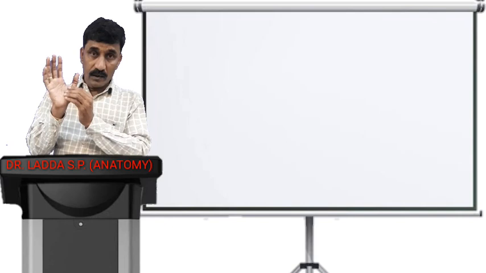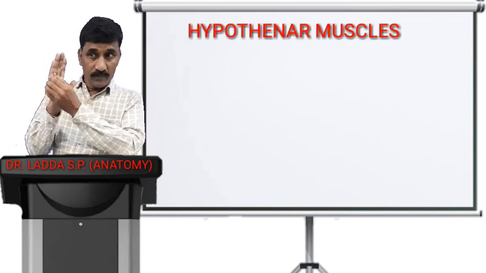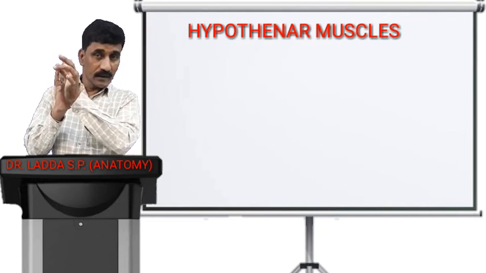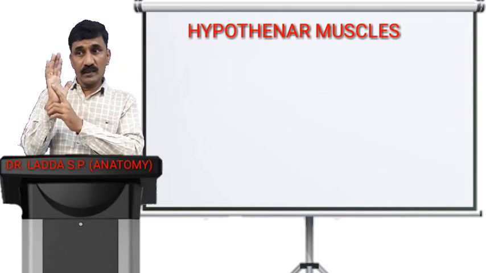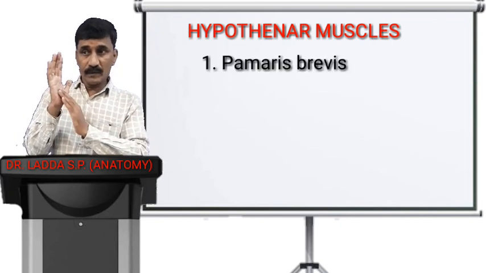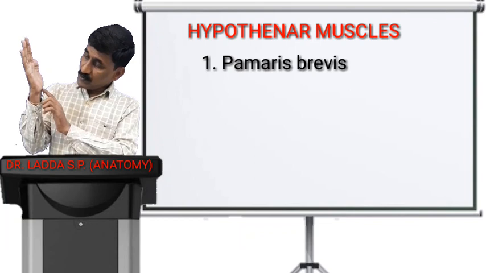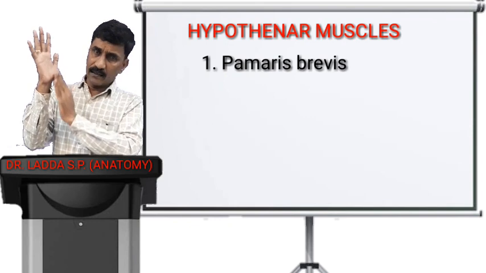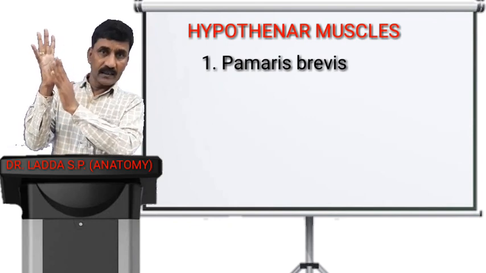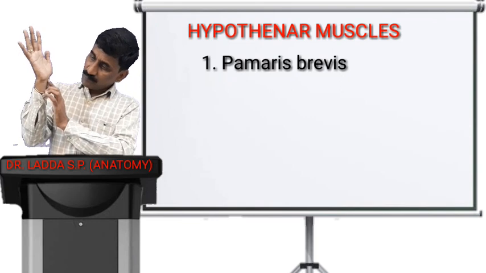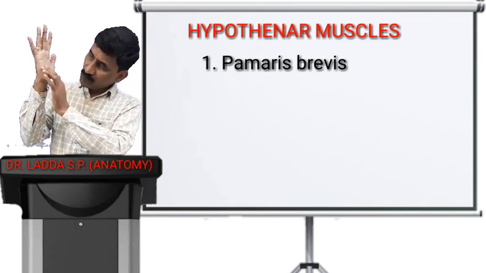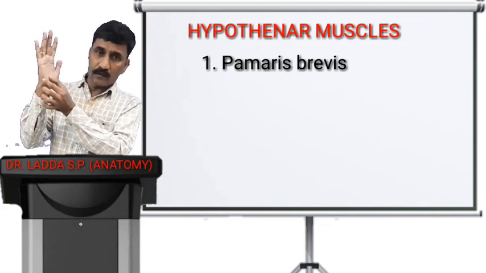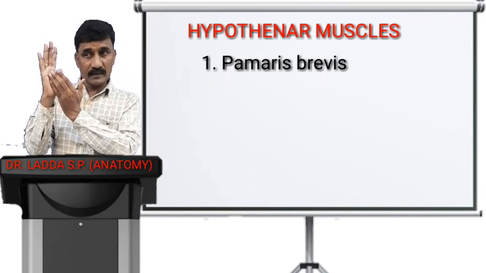Now, the hypothenar group consists of four muscles, and we know hypothenar digiti minimi. One is palmaris brevis, because here is the palmaris longus tendon going like this, and we talked about the palmar aponeurosis in that. It is going like this and then divided, and this is palmaris longus. And here is a muscle called palmaris brevis, which is just medial to this hypothenar part. So it is a palmaris brevis muscle.